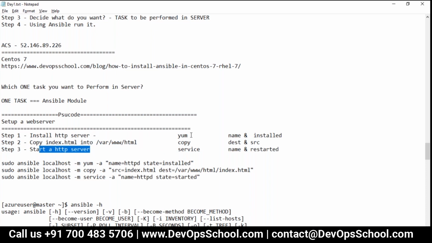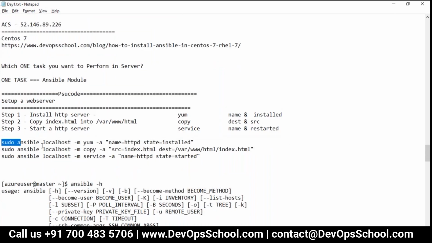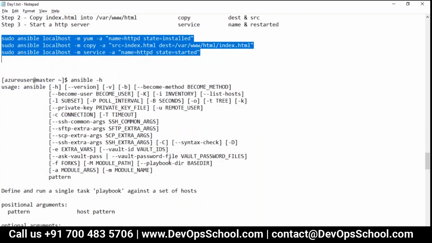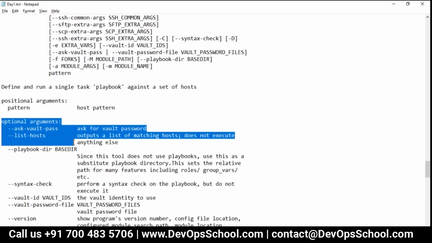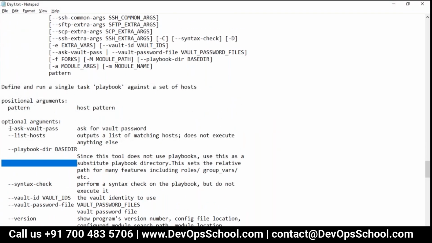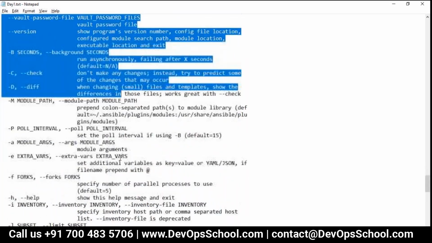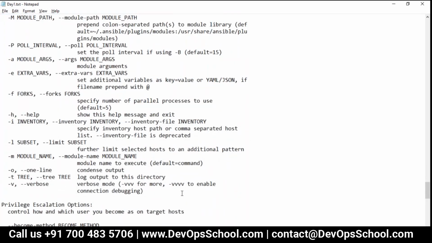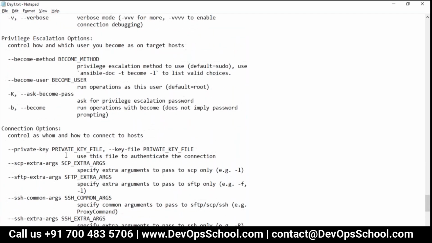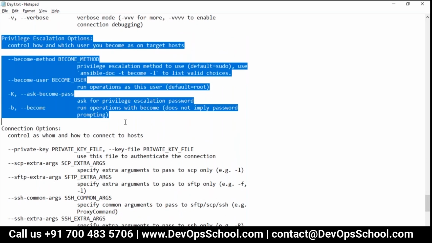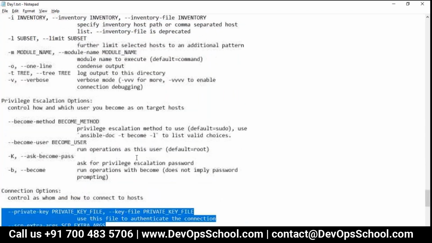Simple logic. So I got to know, okay, for each and everything we need a module and its parameters. We map this out from here, and put the same thing into the ad hoc commands in a certain way. In order to create this command formation, I also learned there are so many optional arguments in each utility. Let's say Ansible has so many options available. Again, we will learn all this stuff and get going. After that, you have some privilege escalations. As of now, I'm not discussing them. We'll discuss one by one, and connection options as well. But we will discuss them a little bit later.